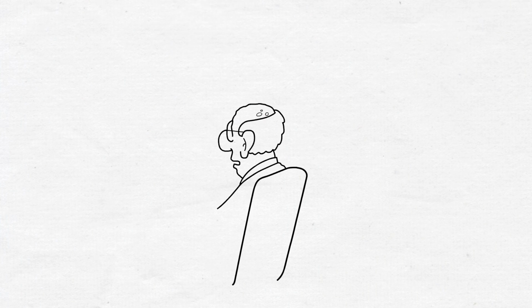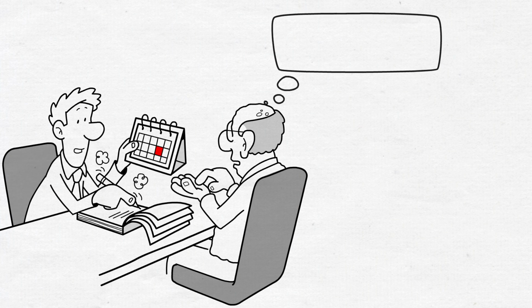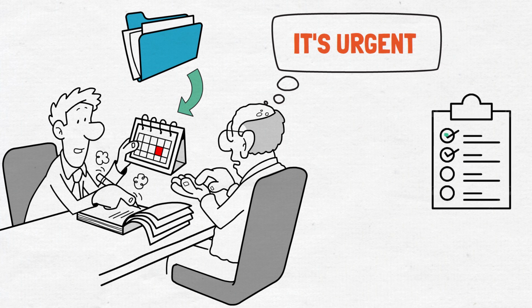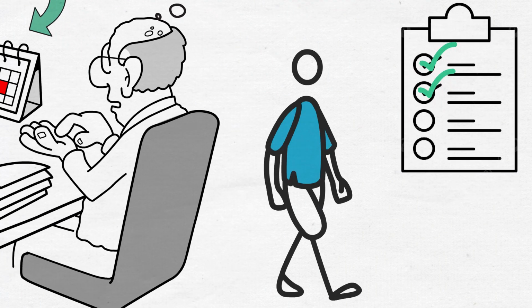Setting a time-bound goal is a crucial step in the SMART goal-setting process. It helps you create a sense of urgency and focus on achieving your objective within a specific time frame. By breaking your goal into smaller tasks with deadlines, you can track your progress and adjust your plan as needed to ensure that you stay on track to achieve your deadline.